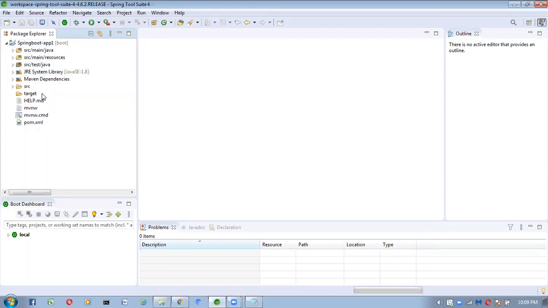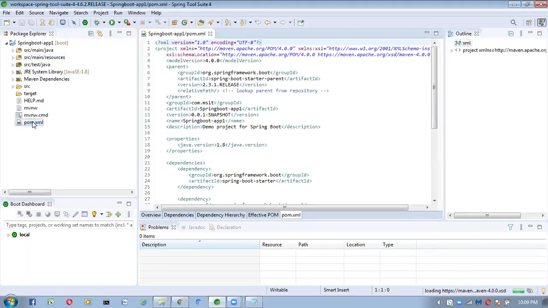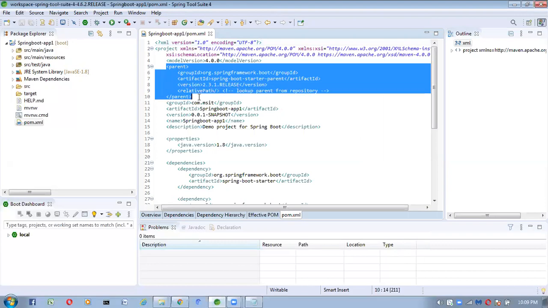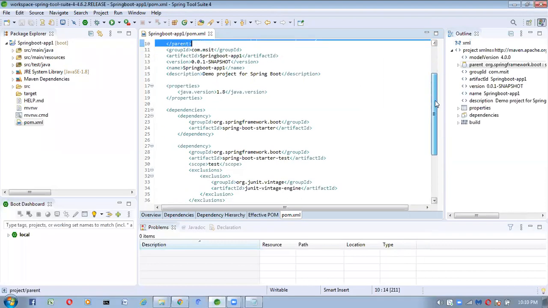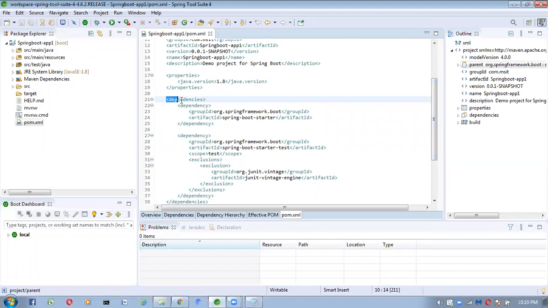Now one important file we have to discuss. What is that? The pom.xml file. If you observe the pom.xml file here, Spring Boot follows a parent and child mechanism. See here, this is the parent dependency, and inside dependencies we have some more other dependencies.